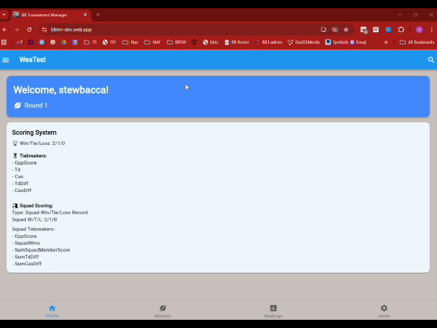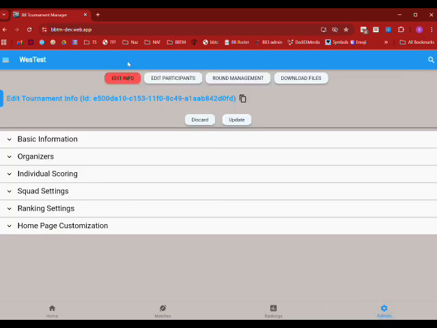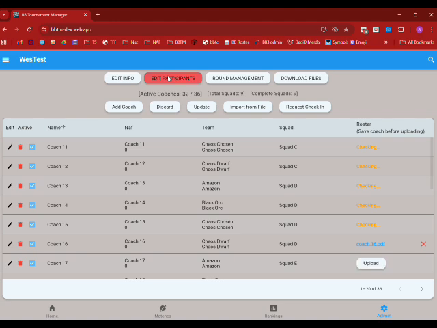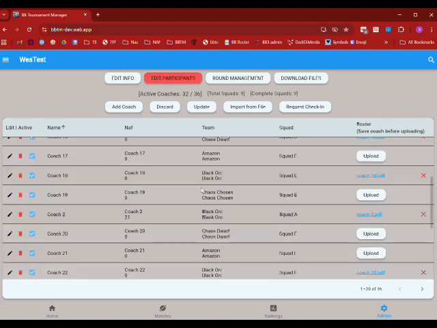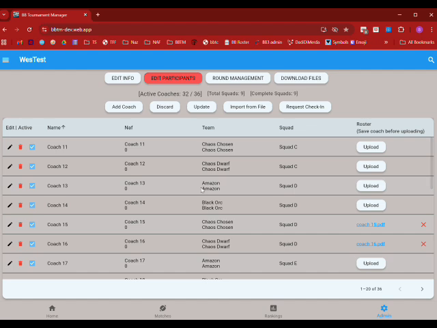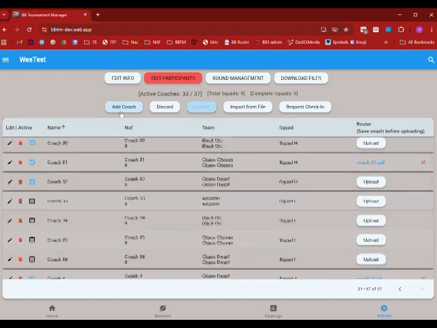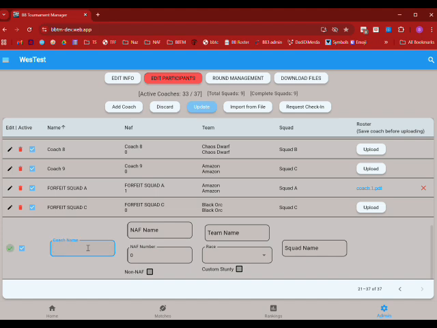Prior to the event, you'll obviously want to enter all the coaches that are attending so that you'll be able to do the draws as needed. So the way to do that is on the admin screen, and then edit participants up here. You'll notice that edit info will allow you to change all of the information that you entered when you set up the event if you wish to do so. But if I click on edit participants, this gives me a list of all the coaches that I've added for my event. So to add a new one you can click on add coach, and you just type in all the information here,